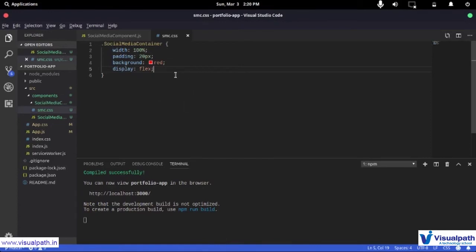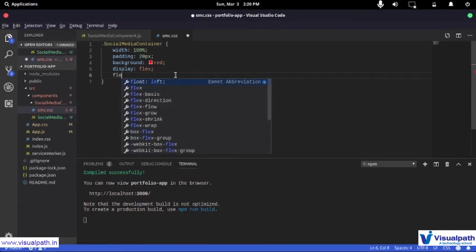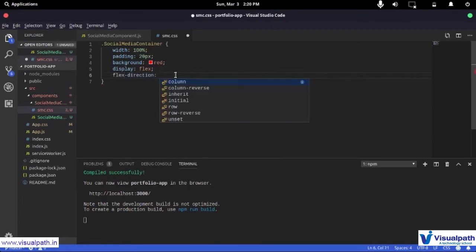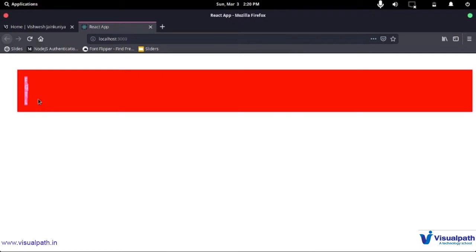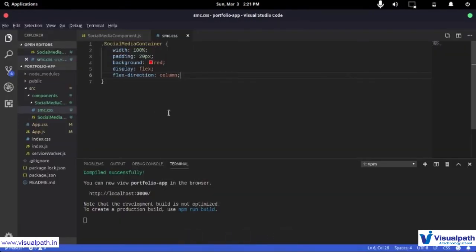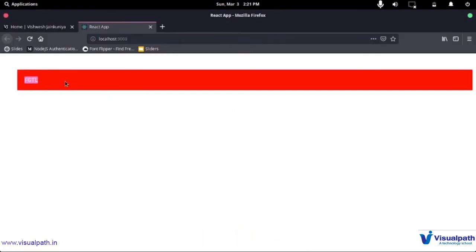Now what I can do is set flex direction. I can go ahead and set it to row, but it's actually the default. So I'm going to show you what column means. If I do column and save this, then they are going to become vertical again. But if I want it to be row, then I can set it to row, but that's the default, and so I don't have to set it. But setting it to row explicitly is a good thing because different browsers might implement this differently, and being explicit about CSS is always a nice thing. So we have already done that.